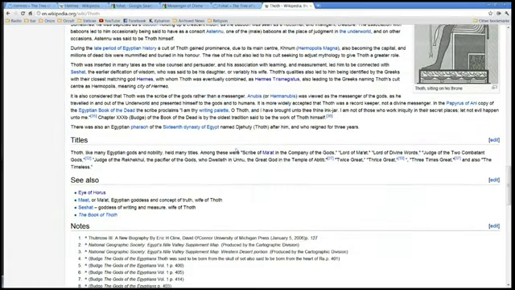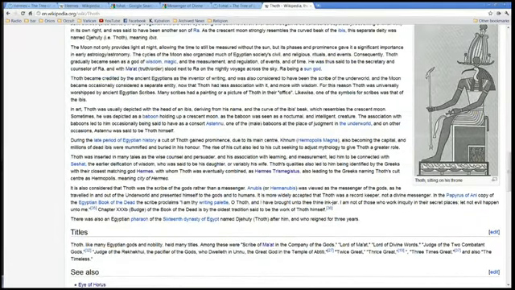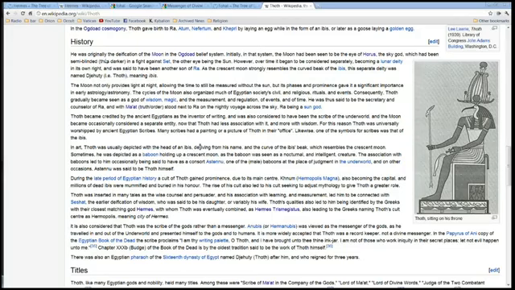was also known as, this is from Wikipedia, this is Thoth. The moon not only provides light at night, allowing time to measure it without the sun, but its phases of prominence gave it a significant importance in early astronomy. The cycles of the moon also organized much of the Egyptians' society's civil and religious rituals and events. Consequently, Thoth gradually became seen as the god of wisdom and magic. The god of wisdom, okay? So which is the same as Hermes.